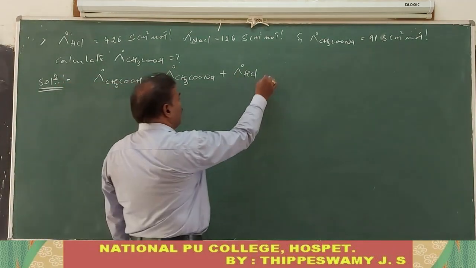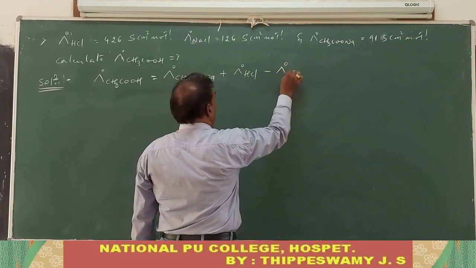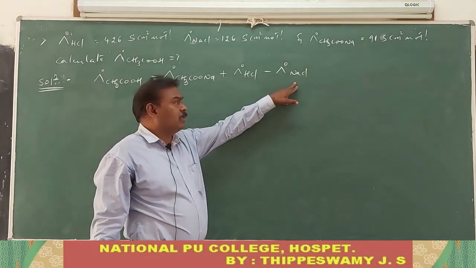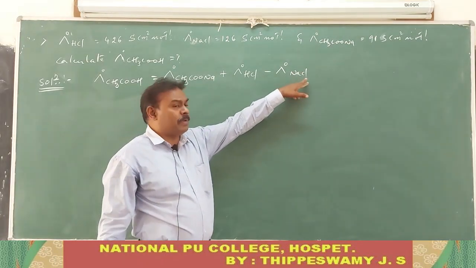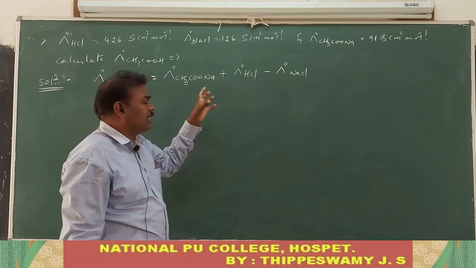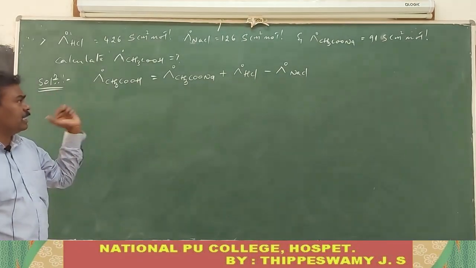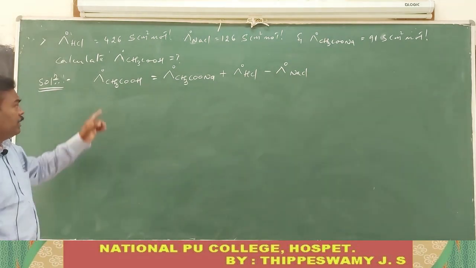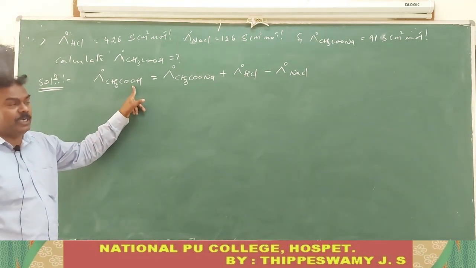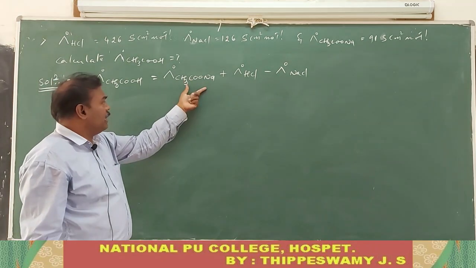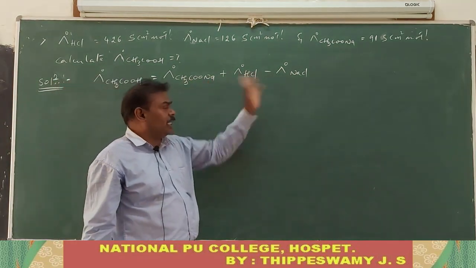we have to take minus the limiting molar conductivity of sodium chloride, because in sodium chloride the sodium ion or the chloride ion contributions must be deducted in the given relation. Hence the expression must be written like this: the limiting molar conductivity of acetic acid we find by using the limiting molar conductivities of strong electrolytes like CH3COONa, HCl and NaCl.